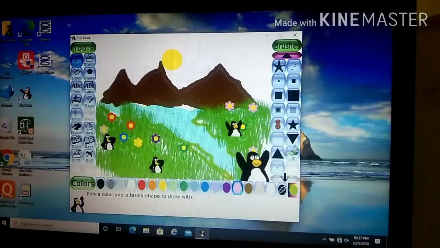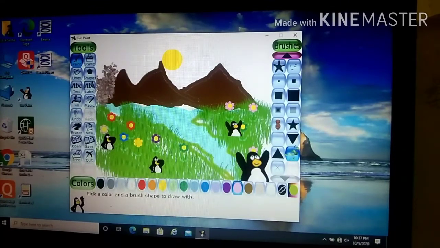Okay, so suppose I want to add some more effect. So here we have the effect. Click on that and see if you can understand.